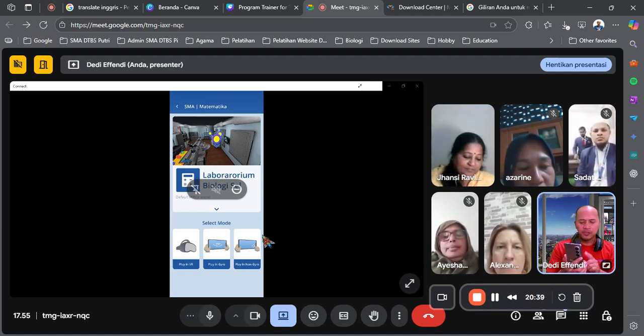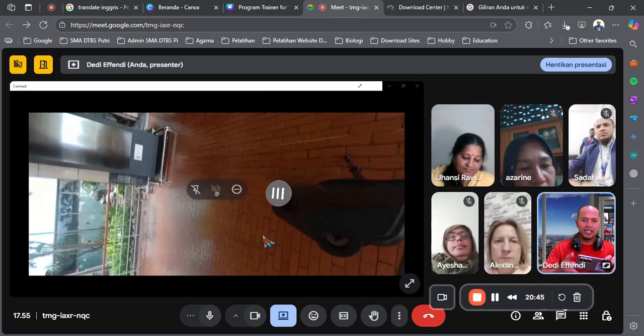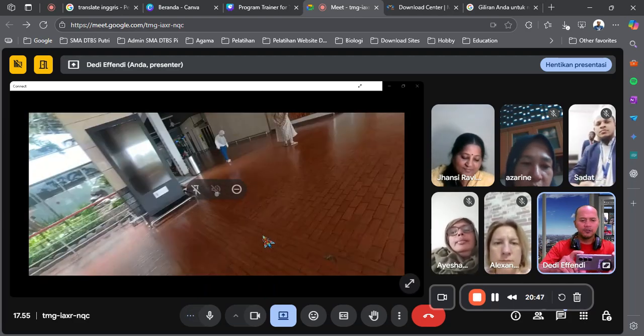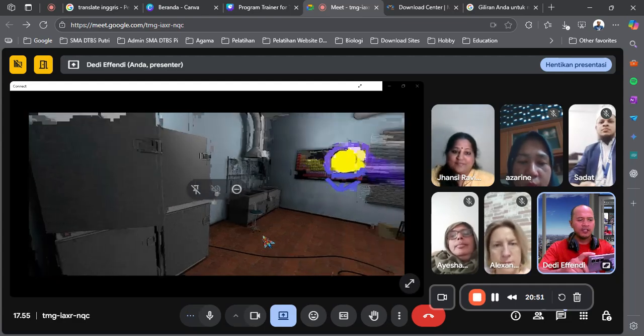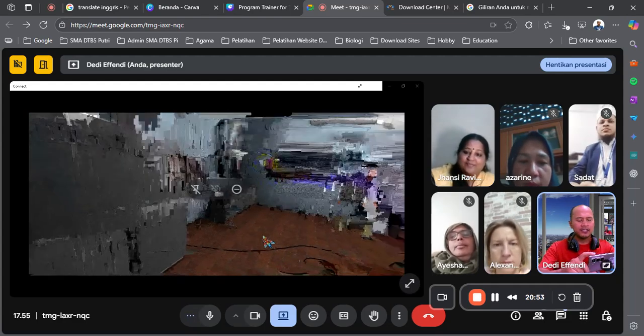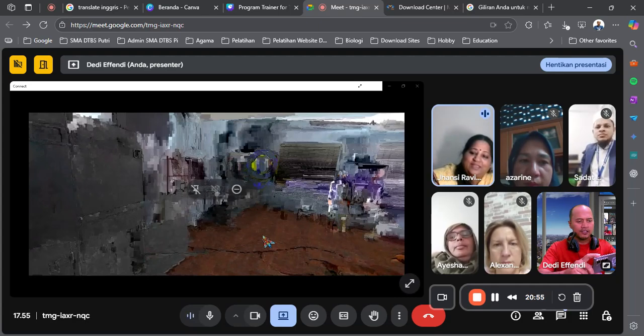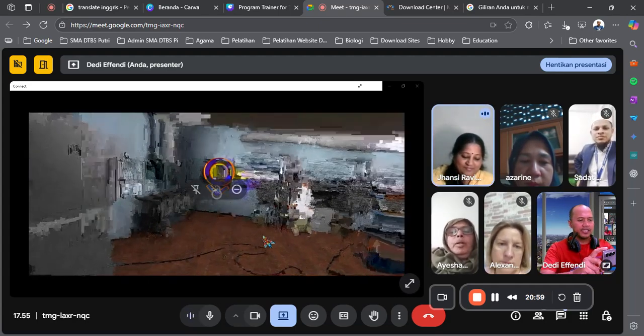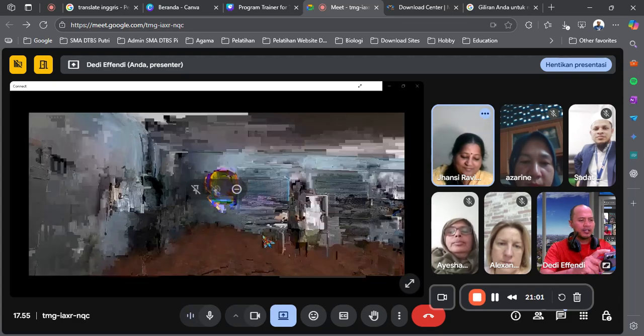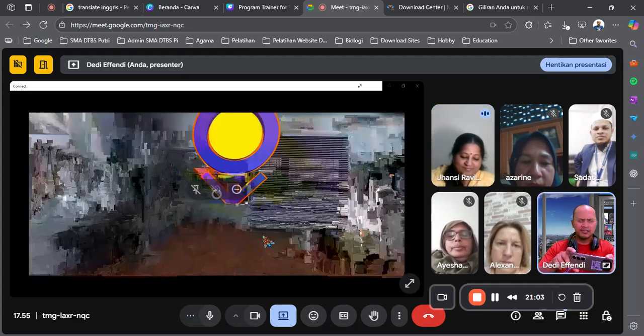But if you don't have any VR eyeglasses, you can play in zero. When you play in zero, you don't have to capture the screen. You just have to move your phone.